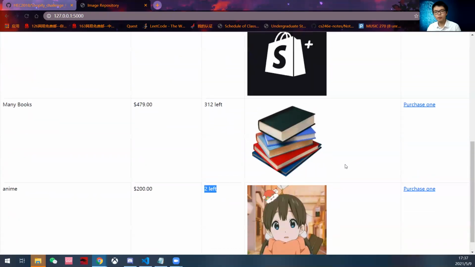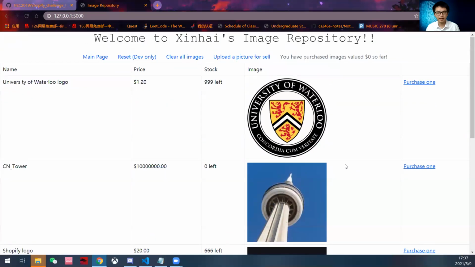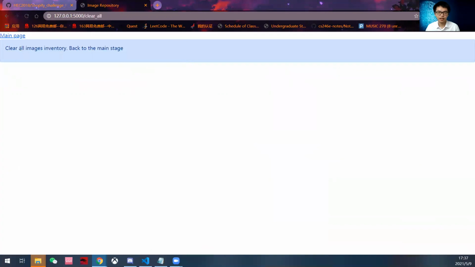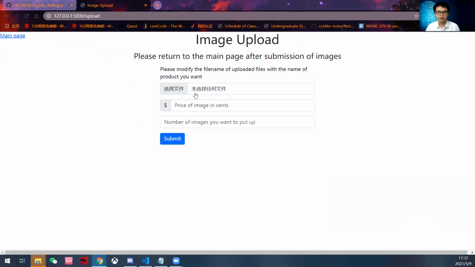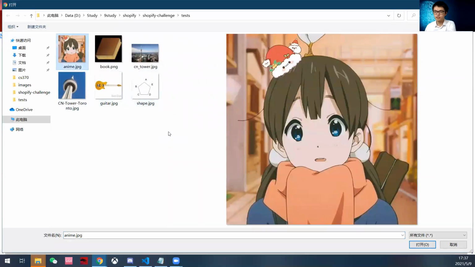So one more feature I'd like to show is a blank test. Remember that I introduced the clear all images button here. By clicking it, all the things will vanish. And for a tester who really wants to test this website, you need to upload an image of your own choice. For instance, if I choose anime.jpg,